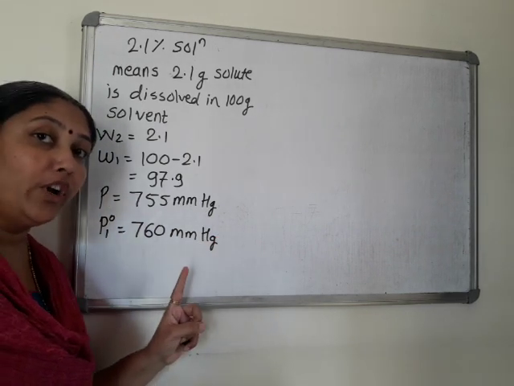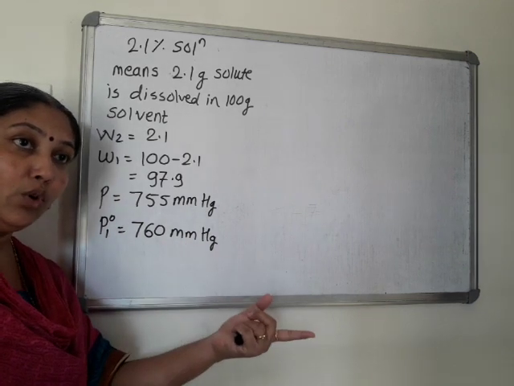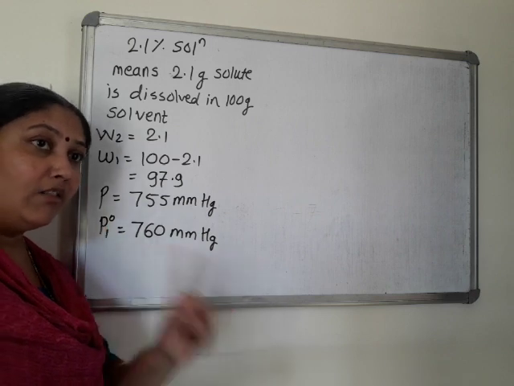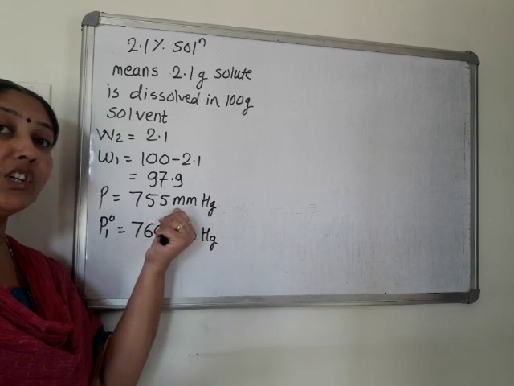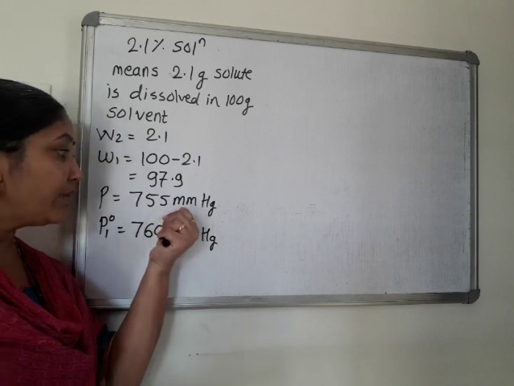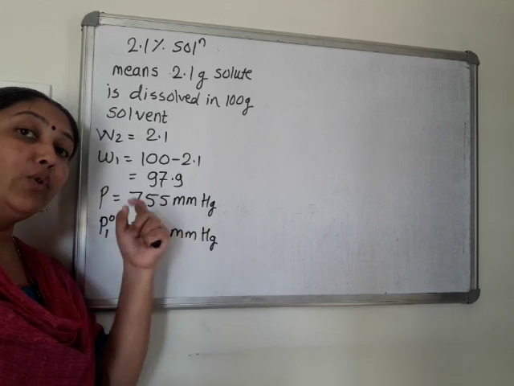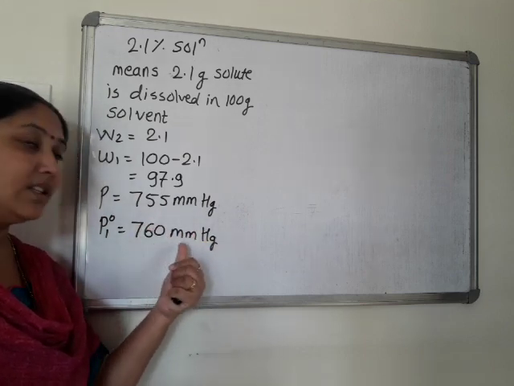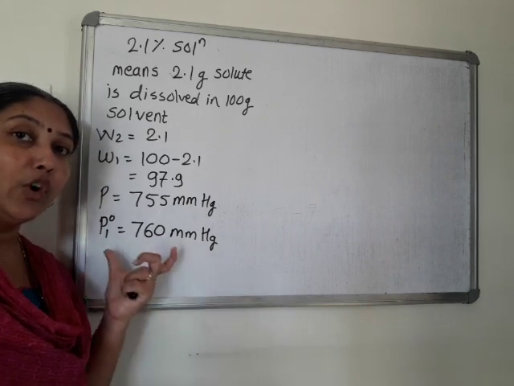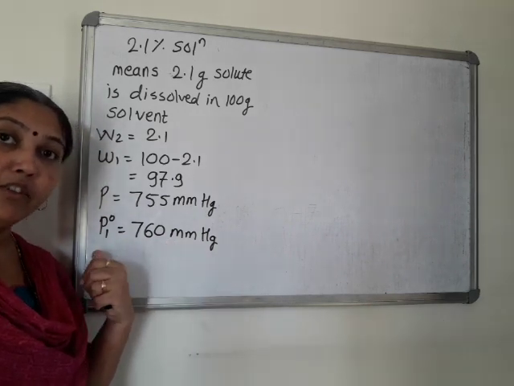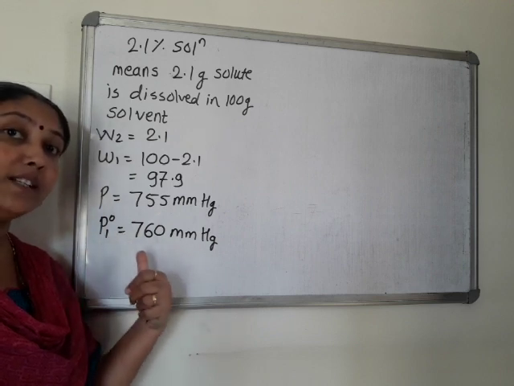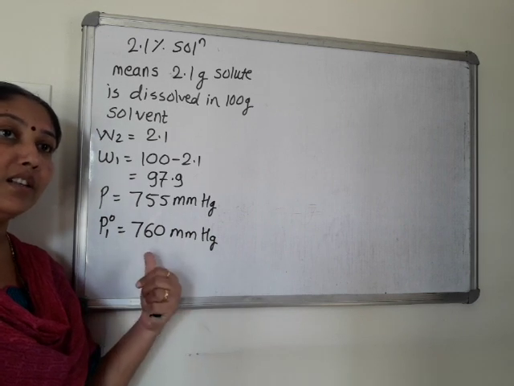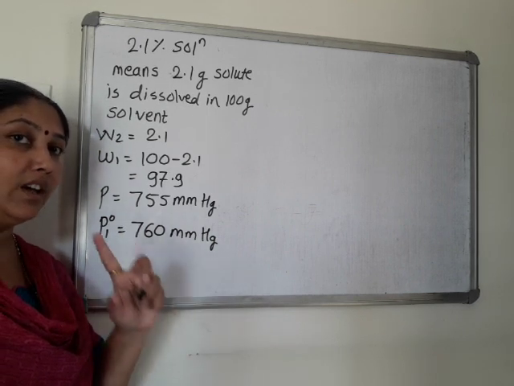What happens at the boiling point? Vapor pressure becomes equal to atmospheric pressure. What is the atmospheric pressure? Standard pressure is assumed as 1 atmosphere. And here the unit of pressure is not atmosphere. They have expressed pressure in mmHg. So we have to convert that 1 atmosphere into mmHg. So 1 atmosphere is equal to 760 mmHg. Is this clear? This point is not given in the sum. They have not mentioned P01 in the question. So I said make a star mark. You should understand that at 100 degrees Celsius P01 is equal to 760.